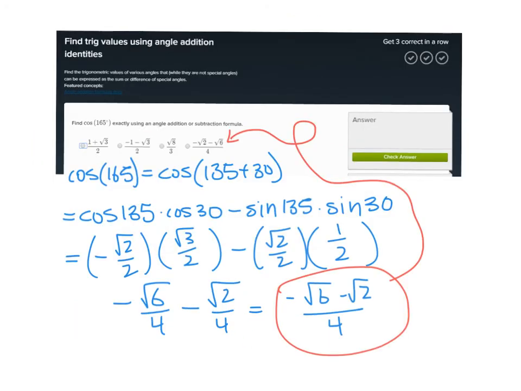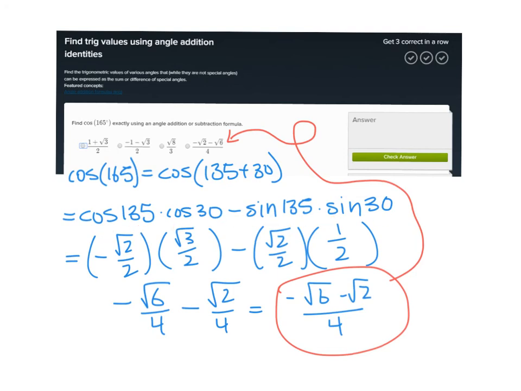Alright, so 165 is 135 plus 30. Why did I choose these? Well, I chose those because we can do this. Cosine of 135, we know that from the unit circle, and cosine of 30, we know that from the unit circle. The whole point of this is to be able to break this down into angles that we know the cosine of. So, our addition identity for cosine says cosine of this plus this will be cos 135 cos 30